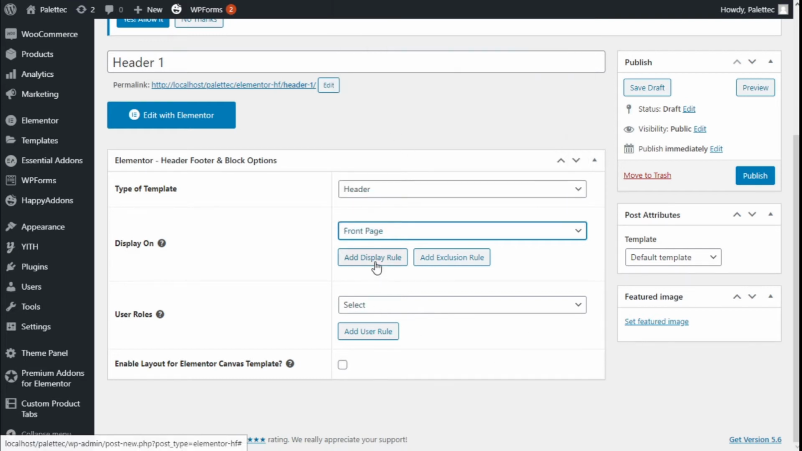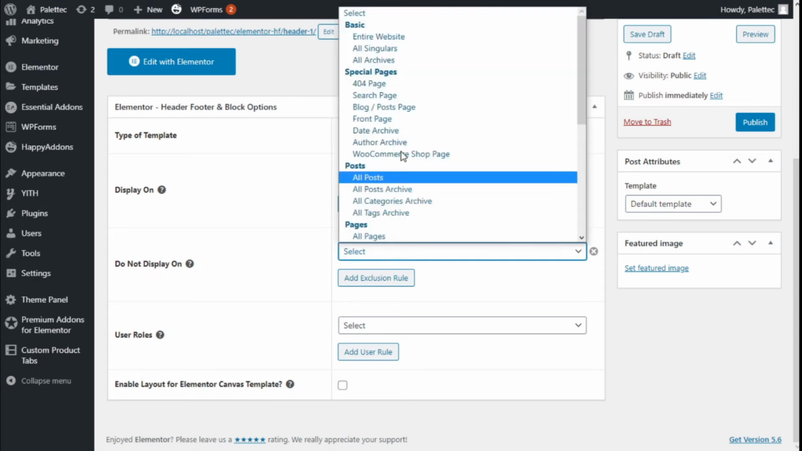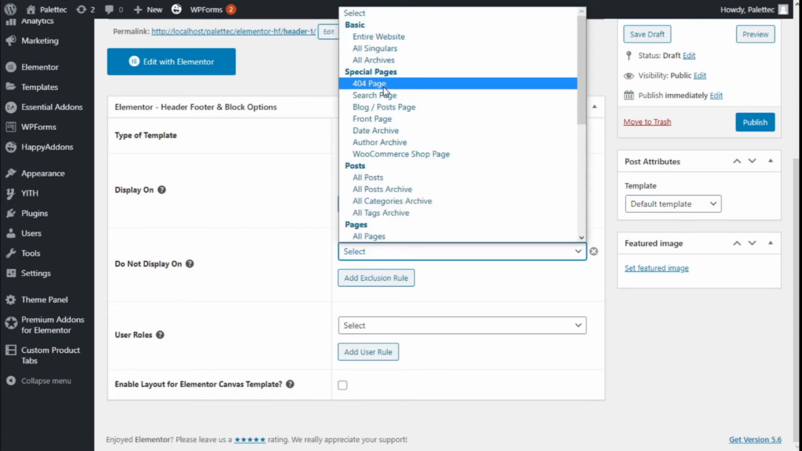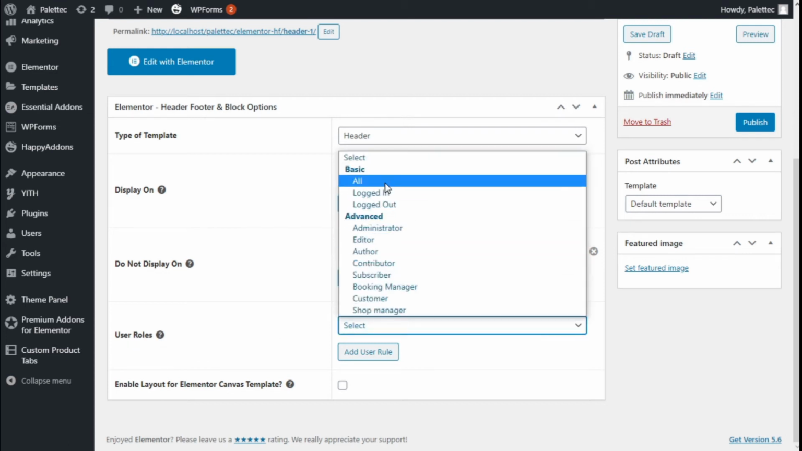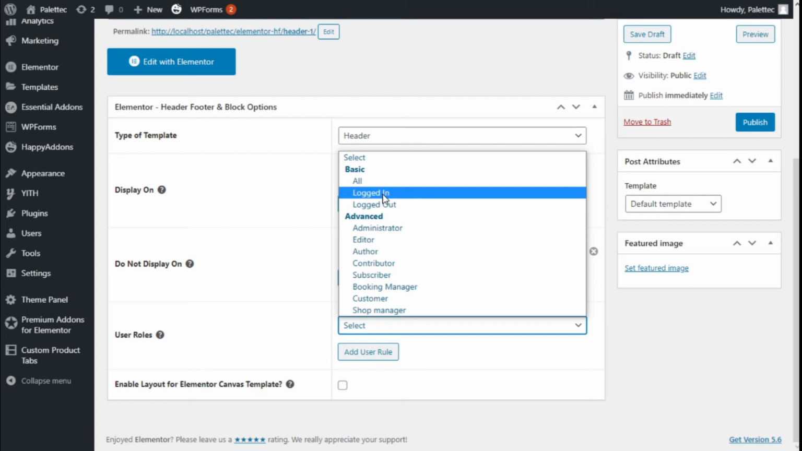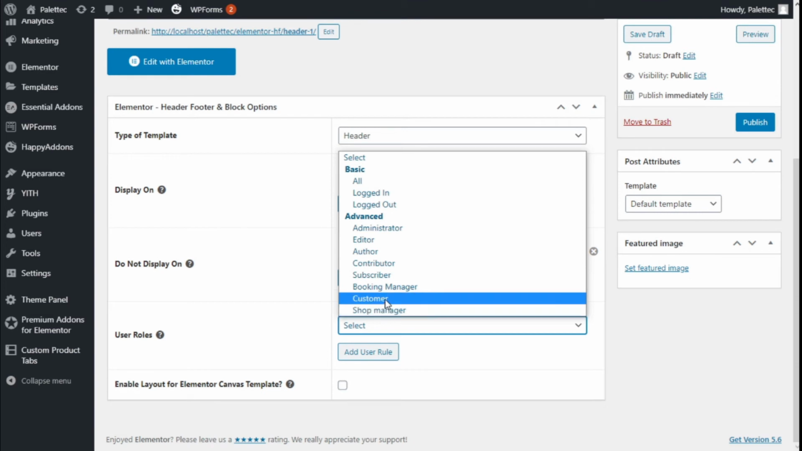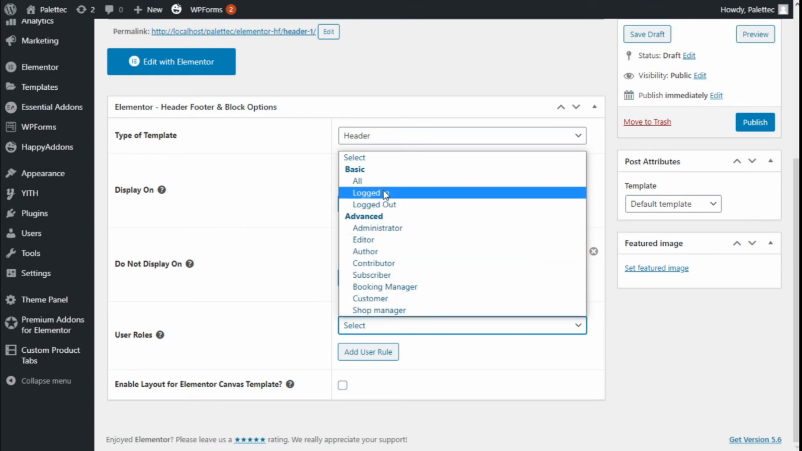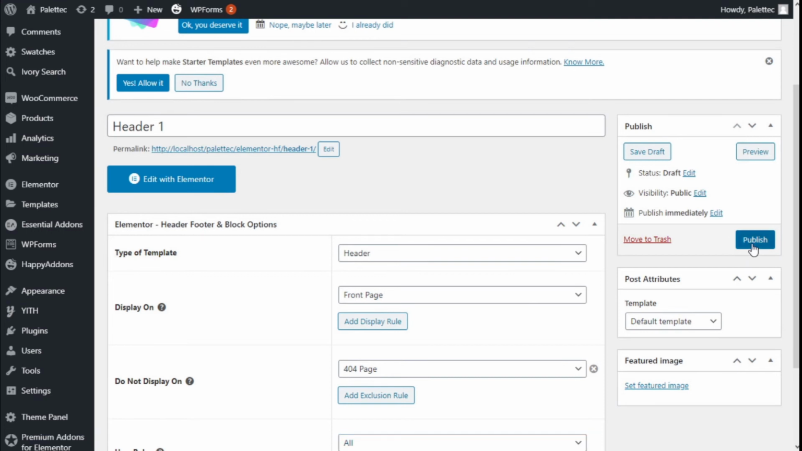and we can add more display rules or select an exclusion rule, and we can select where it's not going to be displayed. So we are going to select the 404 error page, and for the user roles we can select to be shown to all users, log in user, log out, or for the advanced, the different roles that the users can have in our website. So we are going to select all, and we can add some more rules. So we are going to the right, and we are going to click on publish,